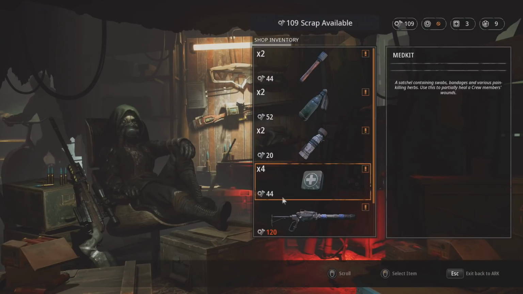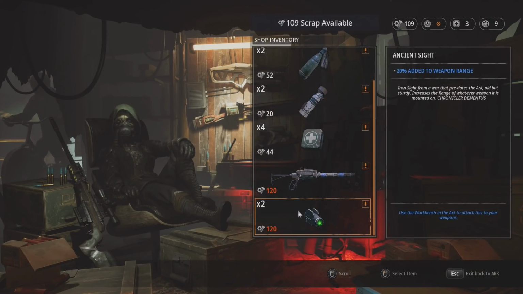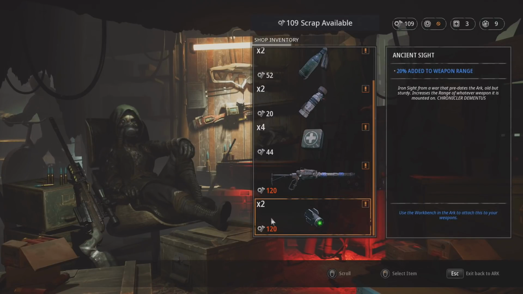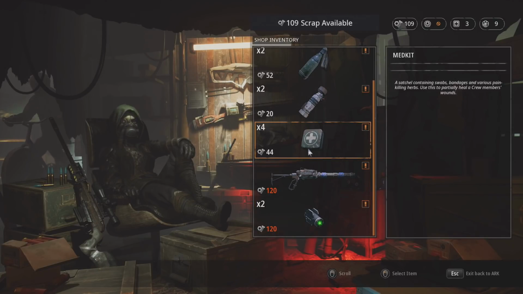Hey, don't worry, I don't have any intention to yank any ding-dongs. I just want guns. Pipe gun. Cobbled together from various metal parts, this crude gun offers a decent capacity and a reasonable accuracy. A common stalker weapon. And then we have scopes for 120 scrap. What the...